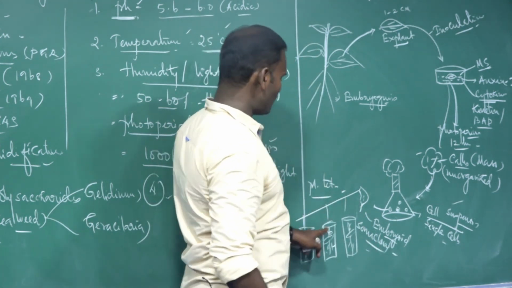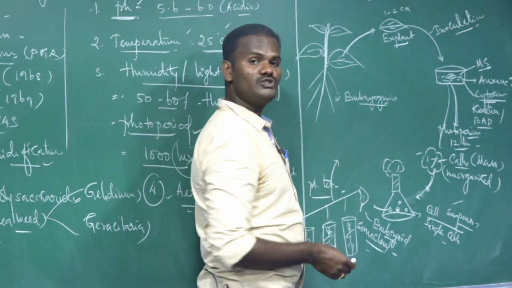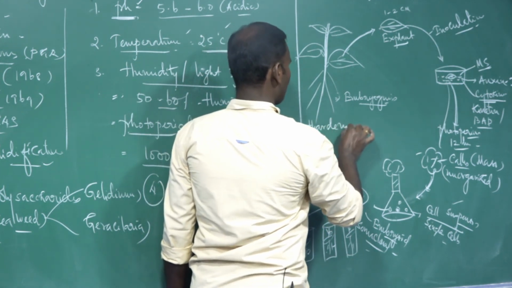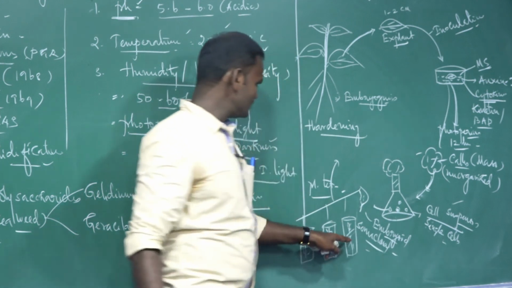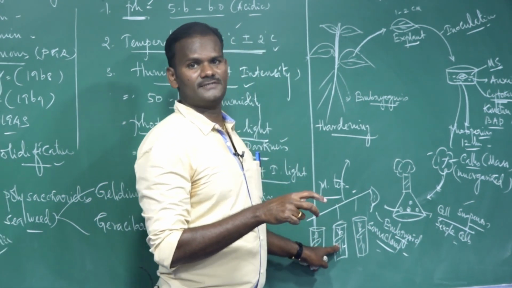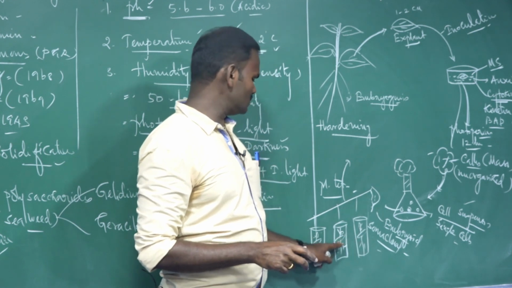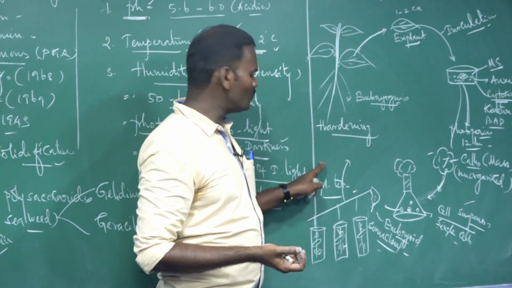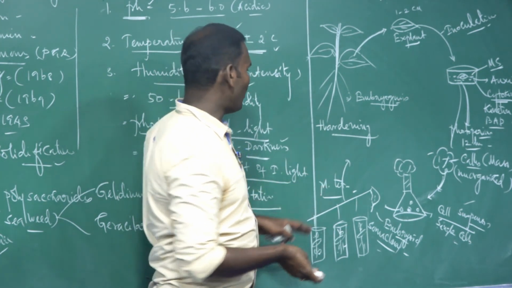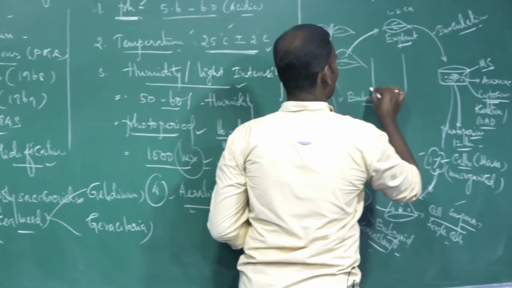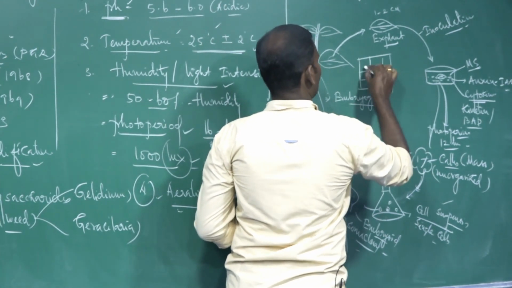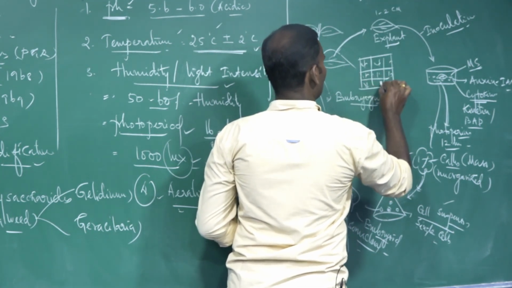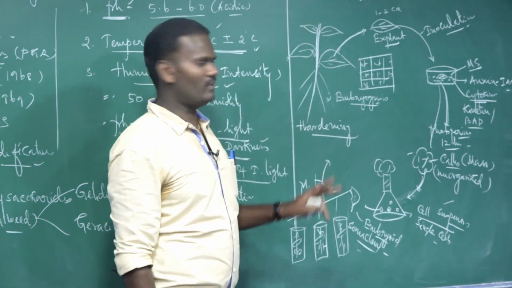Then finally, these plantlets are exposed to natural environmental conditions in a stepwise manner by the process called hardening. See, hardening: they have been growing within laboratory conditions. So these plant tissues growing in laboratory conditions require a hardening period. They should be exposed to the greenhouse, otherwise called a hardening chamber, followed by natural environmental conditions, by the process called hardening.